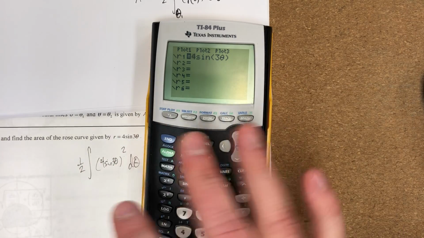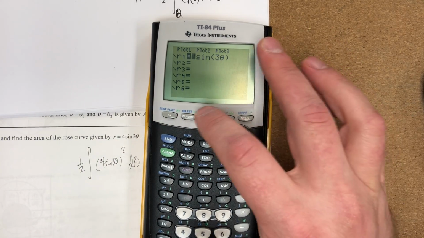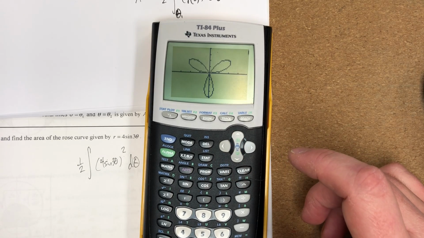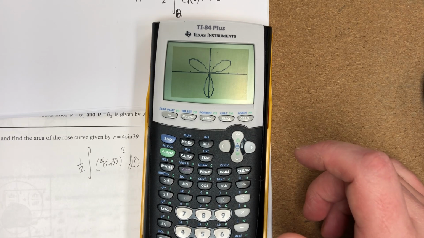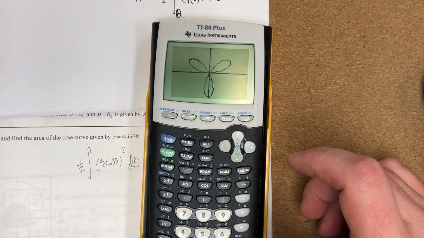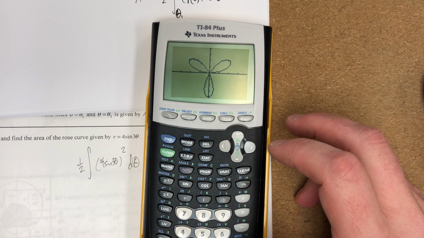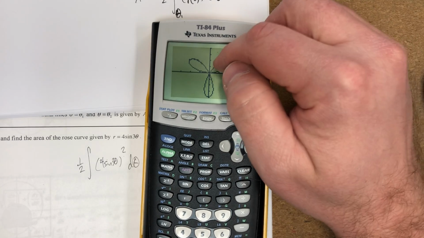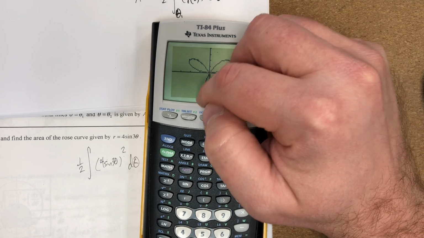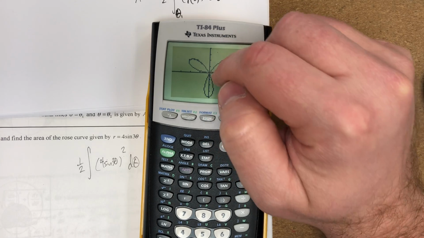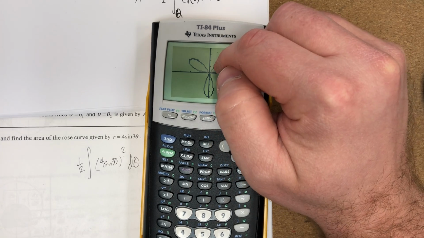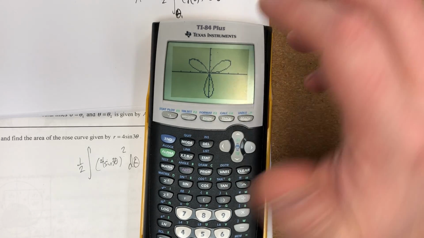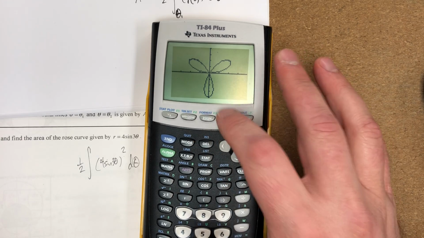I was about to start typing the rest of it. We want to graph this and see what it looks like. So I'm going to zoom trig. That is what this looks like. Since we deal with sine and cosine, it generates symmetric things instead of having to deal with all the different zeros. It's so much better for us to just start wherever one of these petals starts and end where it ends. So what I can do is trace